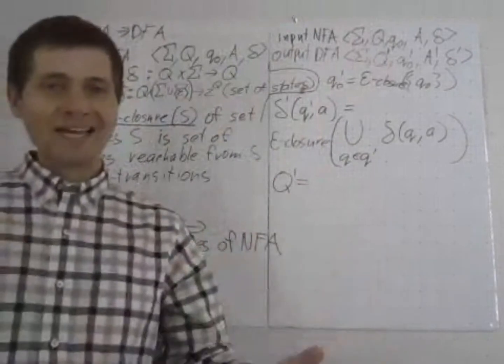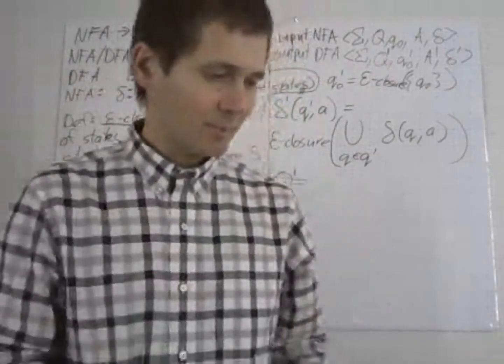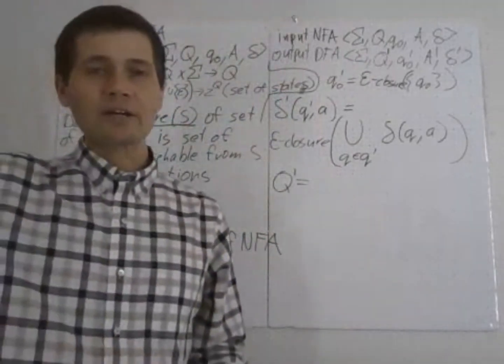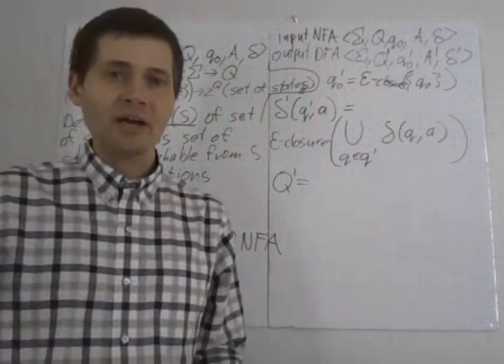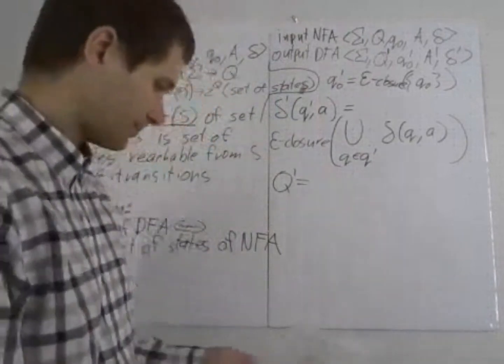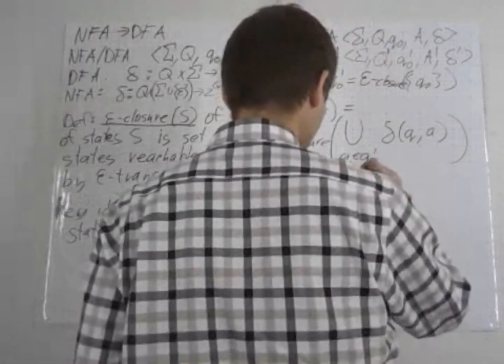But I mentioned that is exponentially large. So typically when we actually implement this, what we want to do is create these states of the DFA on demand, like as we need them. Okay. And so I'm going to define this as the smallest